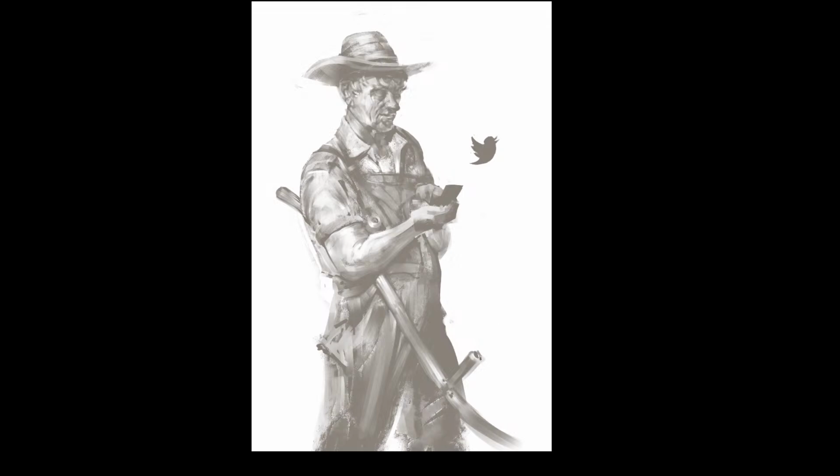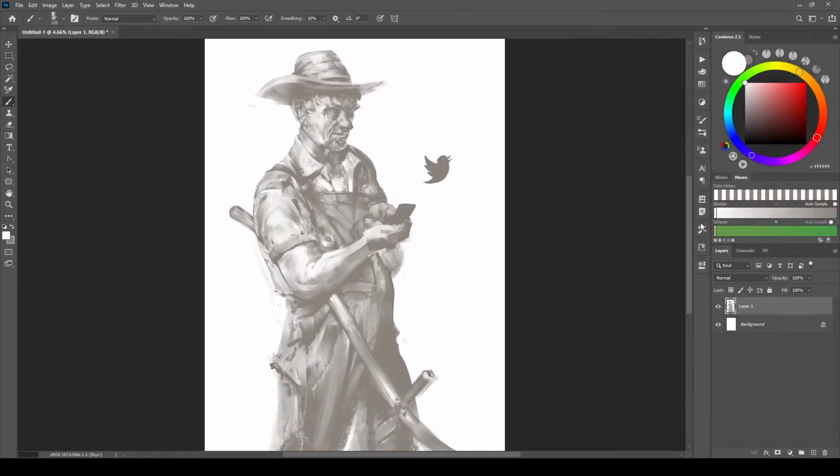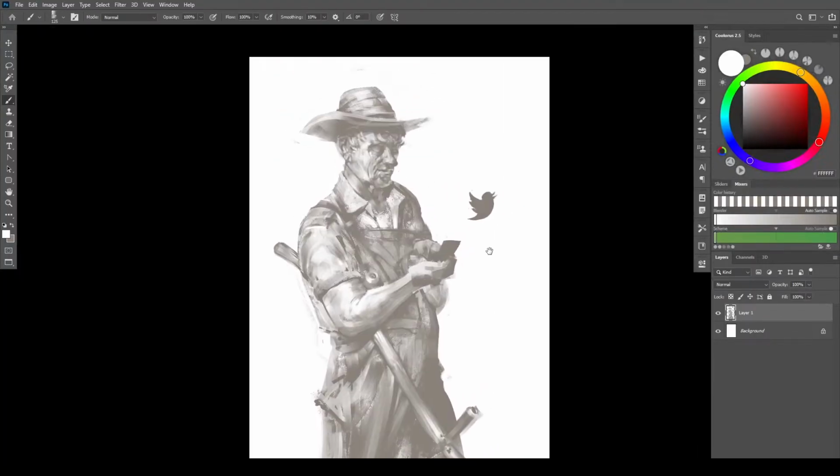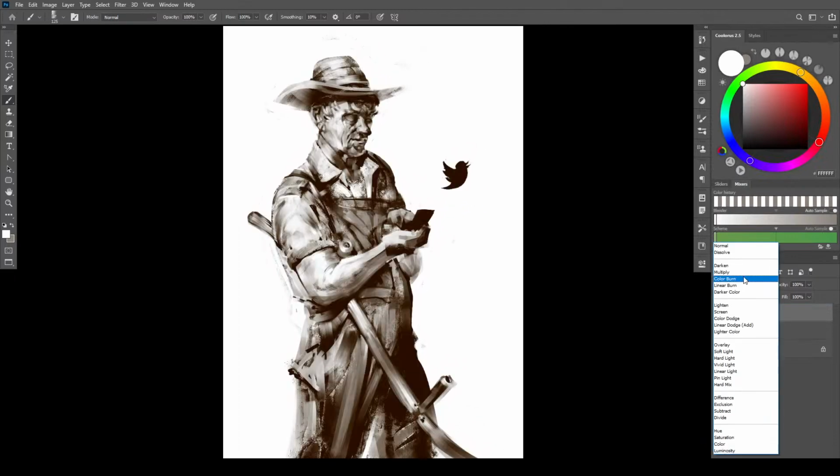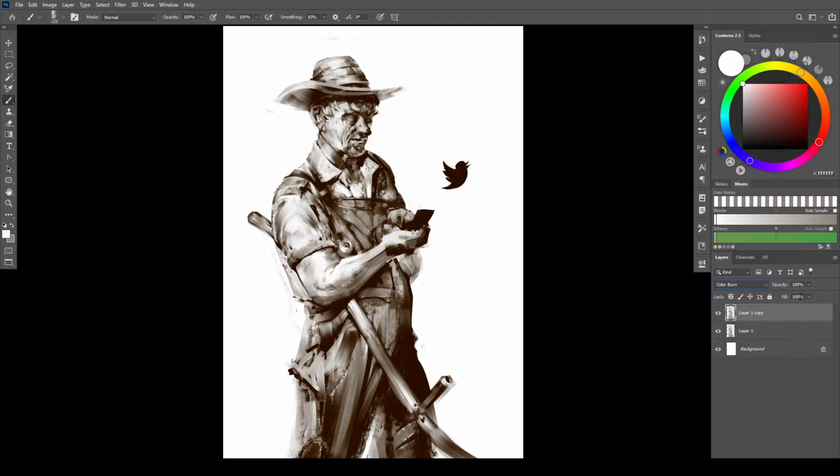All right, I think it's time for a second layer. So we'll pop out of our full screen here. Let's take this. I'm going to duplicate it and set it to, I was thinking multiply, but color burn. I like what that's doing. I'm going to pull it back a little bit. Well, let's actually lower the fill rather than